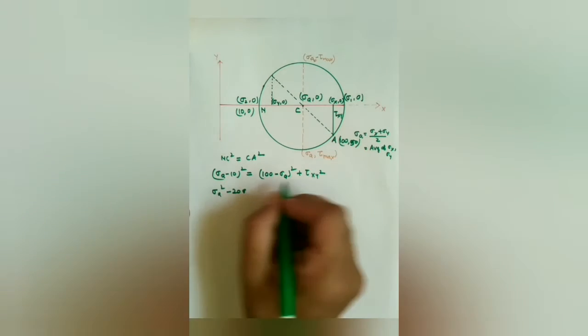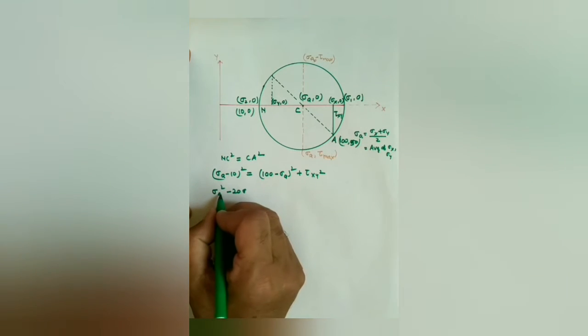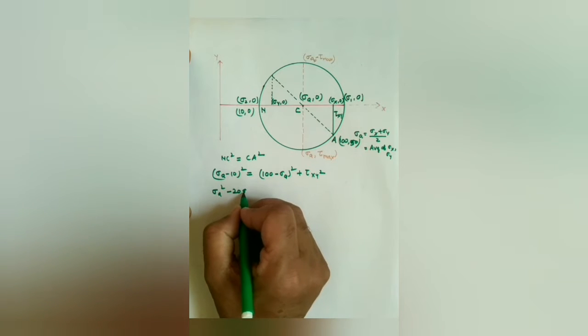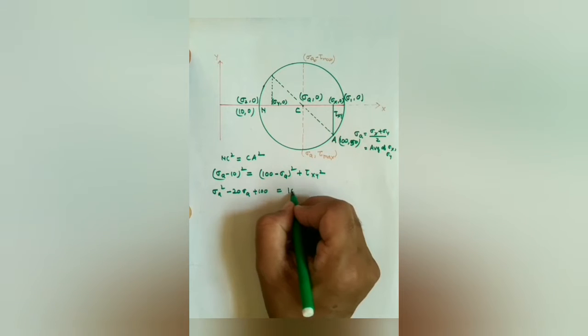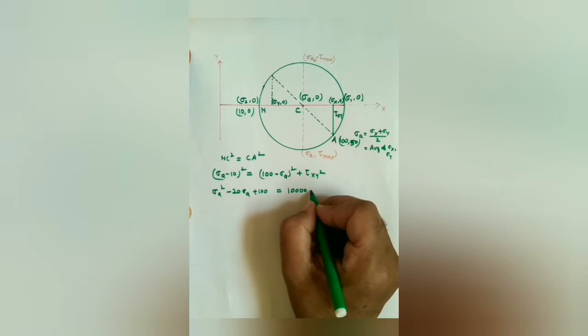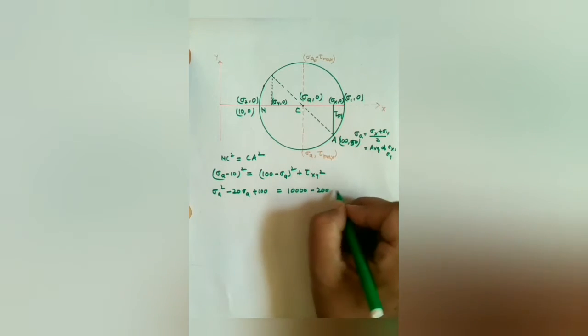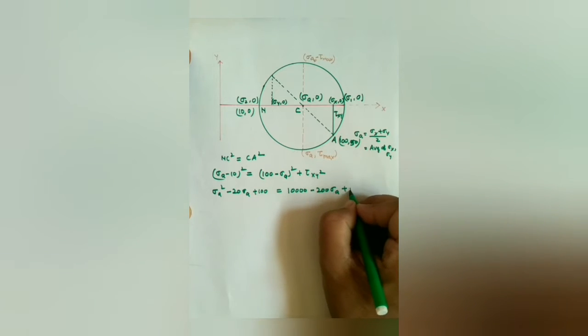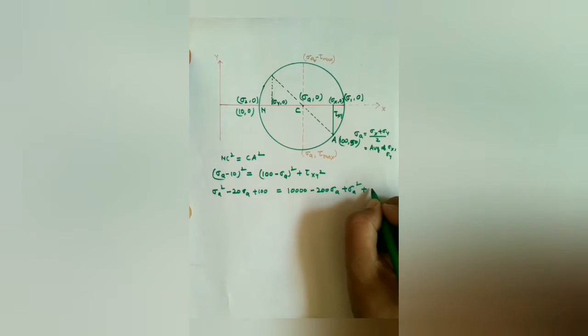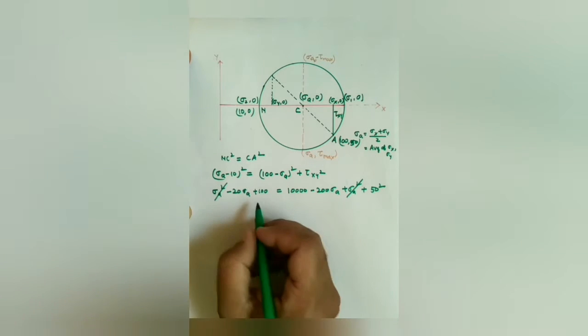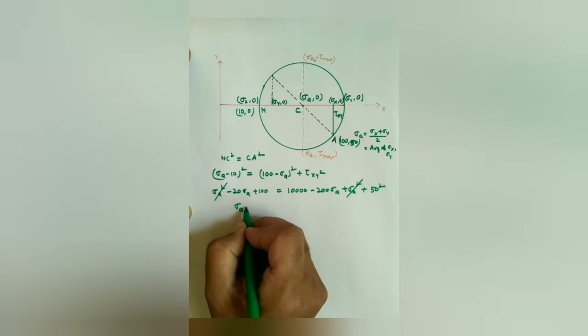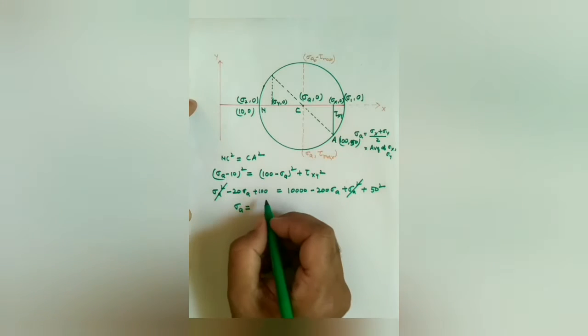Opening the brackets and putting value for tau xy, we have sigma A square minus 20 sigma A plus 100 is equal to 10,000 minus 200 sigma A plus sigma A square plus 50 square. Sigma A square cancels. Solving for sigma A, we get the value of sigma A is equal to